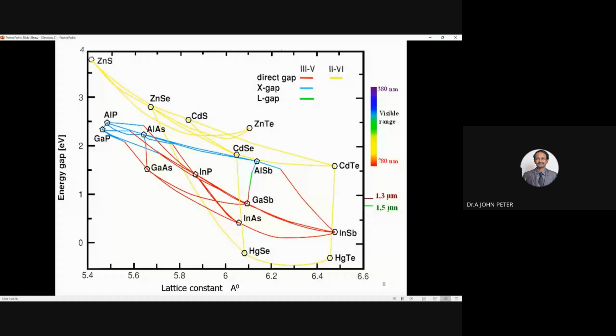It will work out. Similarly, we can have a line. For example, just take CdSe and HgSe. See, there's a yellow line. So it's a lattice matched material. You just take the last one, CdTe, InSb, HgTe. So there's a line. So they are all lattice matched materials. So lattice matched materials are very, very important when you are going to have